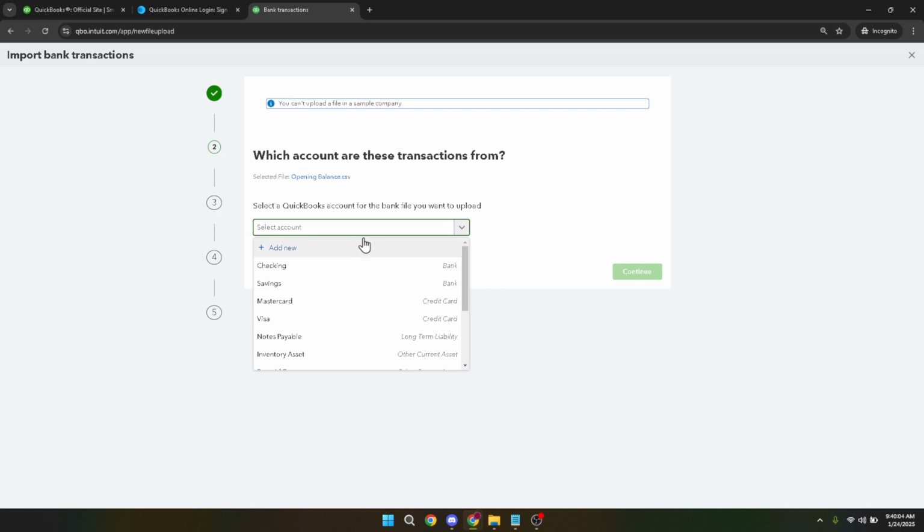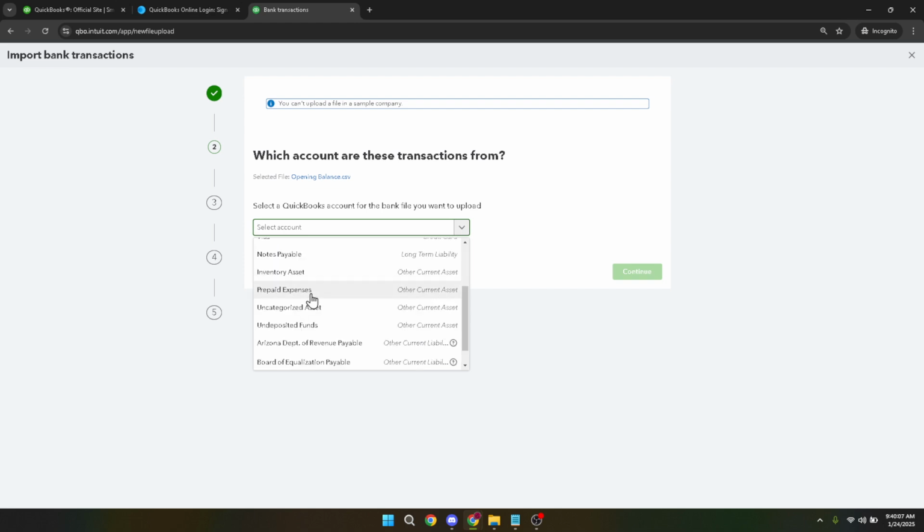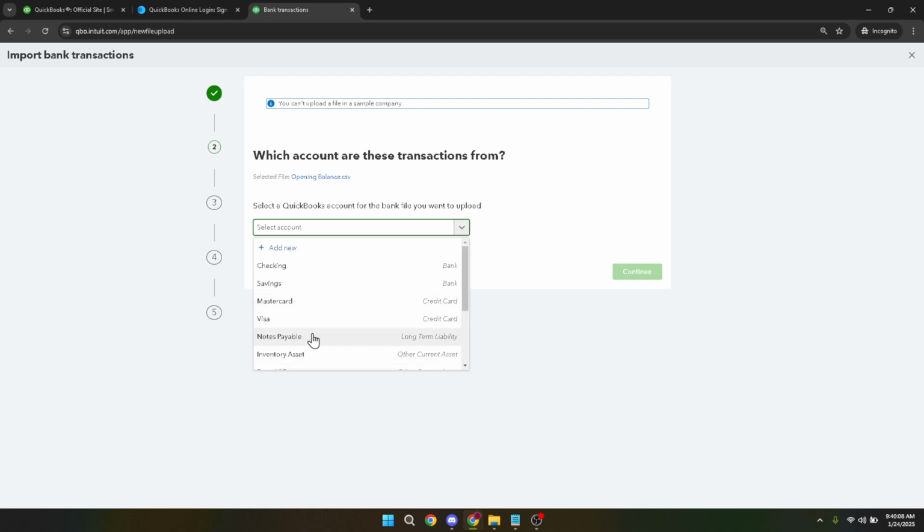At this stage, QuickBooks will show you the transactions available to import. Carefully review these transactions and select the ones you wish to add to your account. It's crucial to make sure everything matches up correctly with your bank statements to avoid any future discrepancies. Once you've selected all the necessary transactions, click Continue again. Finally, you'll need to proceed through a few prompts. Follow any additional steps presented to you until the process is done.